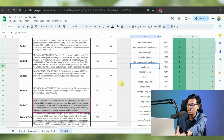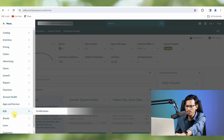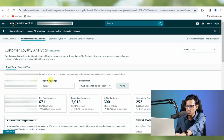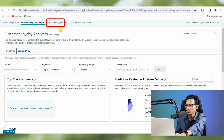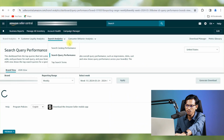For example, you can take keywords from brand analytics. You can take keywords from the PPC search term reports. If I just give a quick overview, if you go to the brand, and from brand to brand analytics, from here we can take a lot of keywords. Go to brand view, and then you need to click there and then go to search query performance, and from there you can